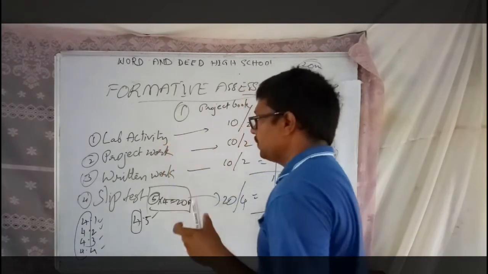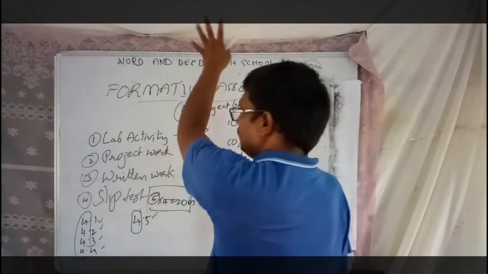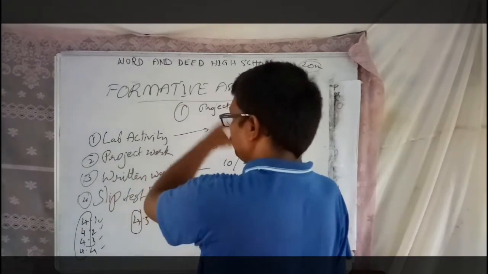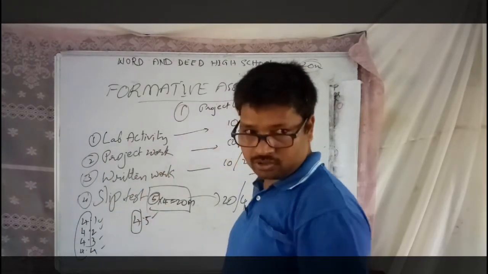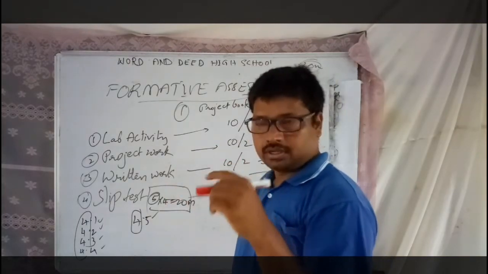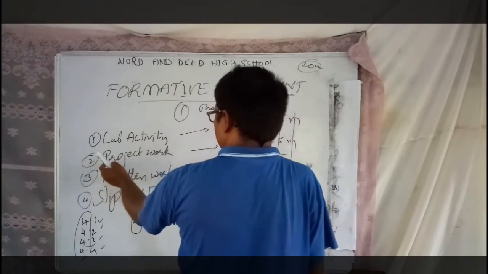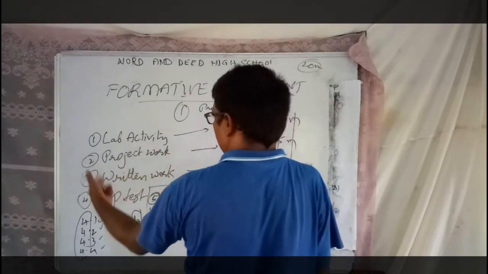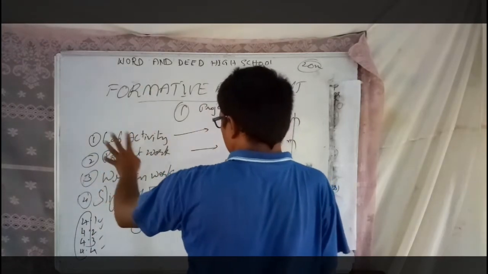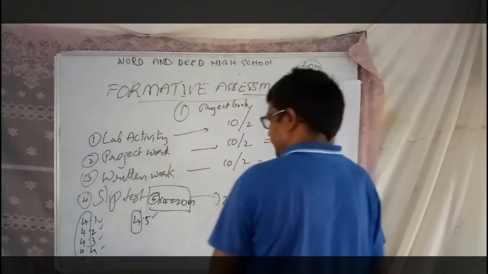Okay, and when you are writing lab activity, you should write lab activity on the ruled page, and on plain page you have to write if any diagram related to that lab activity, you have to draw that on plain page. Same like project work, if any table and if any other information related to this project work is there, that to be written on plain page, and the matter about this project work to be written on the ruled page.